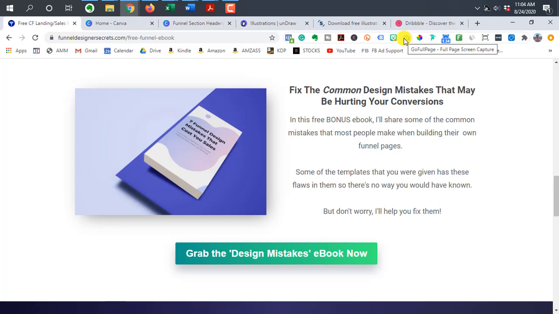And the last one is the Go Full Page extension. So whether you are finishing up your own design and you want to take a snapshot, maybe save it for future use or reference, or you stumble upon, let's say, a website or a sales letter or a sales page or even a landing page, and you want to archive that, then I highly recommend having some sort of full